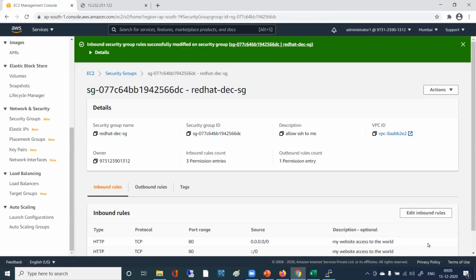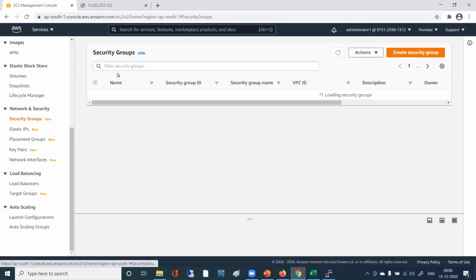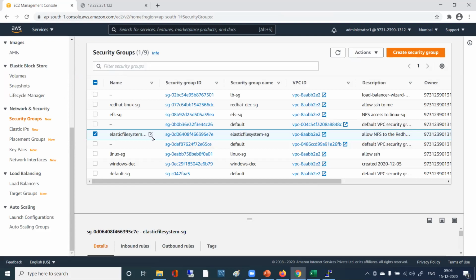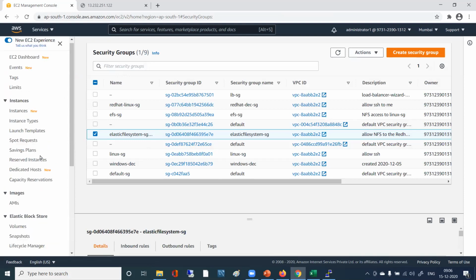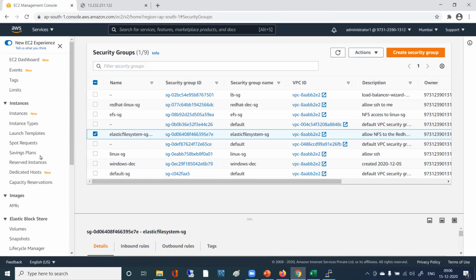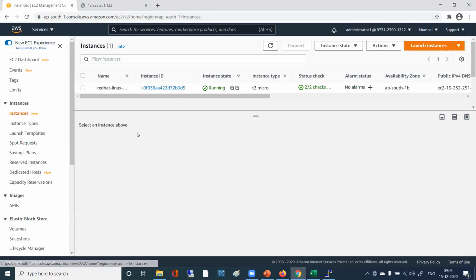So what about the other things, sir? The SSH has changed to custom now. Yeah, that will change, not an issue. The first rule, SSH, was changed to custom; it was not my IP, right? So we need to change it again. No, just leave it. You have already added your IP, that's okay. It will not change anything automatically. It will just show you as custom, but that is your IP only. No worries.